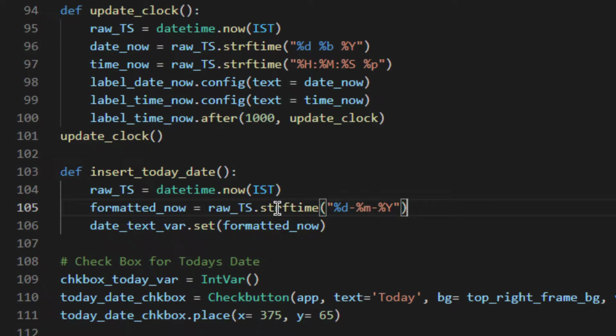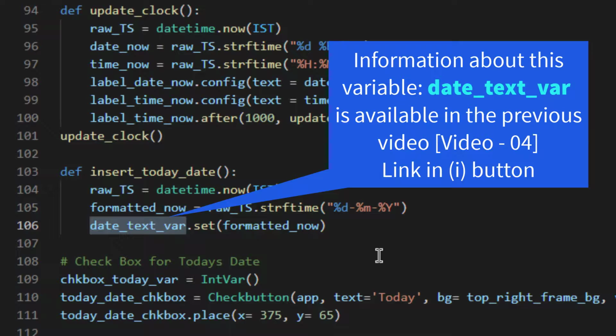Once the information is available in this variable, I'll use date_text_variable. This is essentially for that particular field which is used to display the date, right? So I am using the .set method to put this collected date, which is automatically fetched from the system, into that date entry field, right?